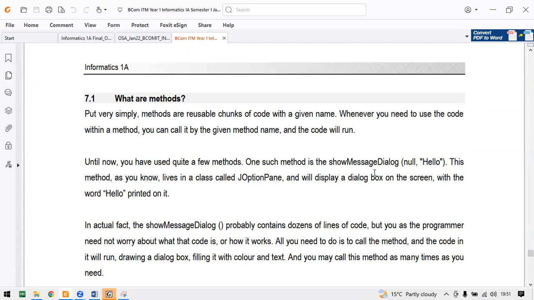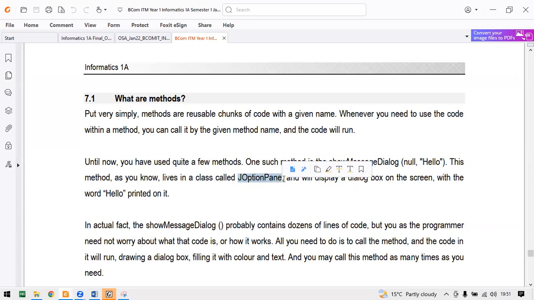They allow code reusability. So I'm going to create a few notes for you, just a summary of what methods are. Why do we have methods in Java? Examples of methods, right? For instance, show message dialog. It's a method. Where is that method coming from? We have declared it in JOptionPane.